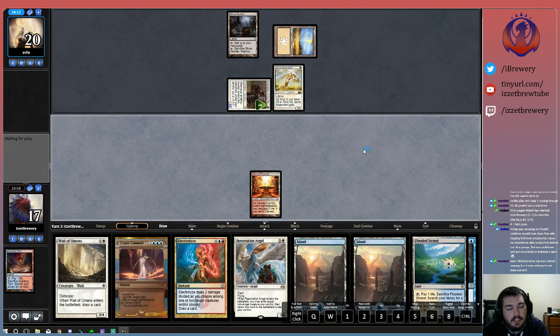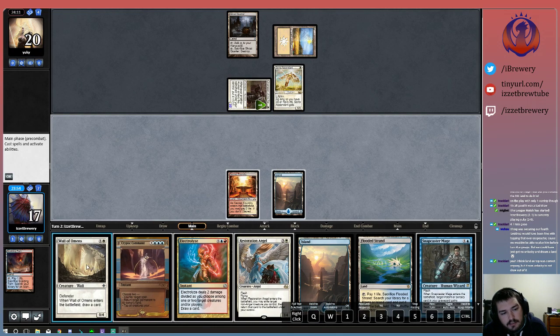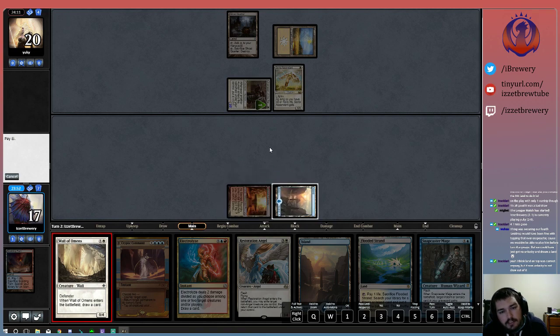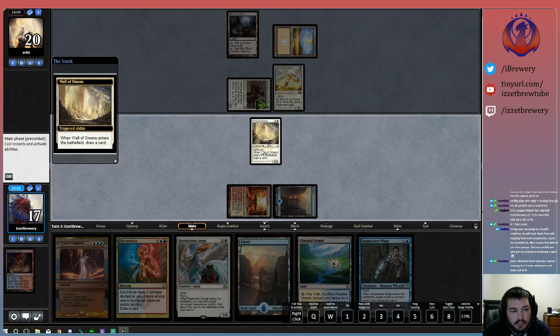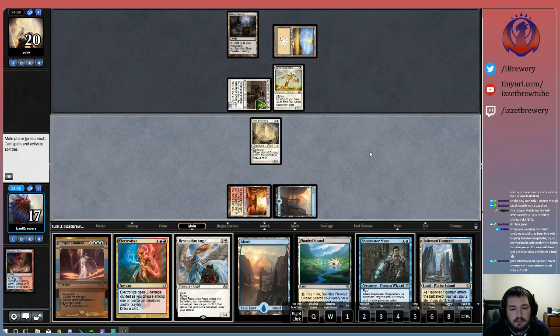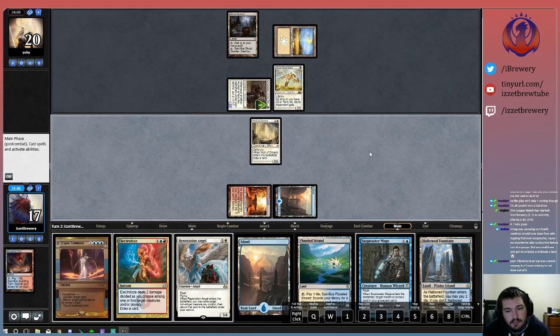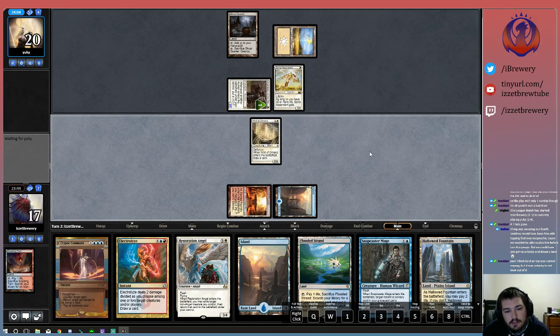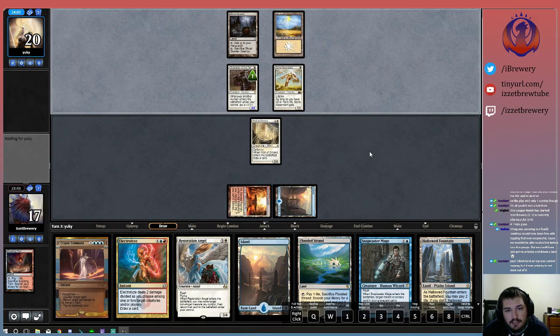We are gonna need a hard removal spell at some point, I think, for this Champion of the Parish. It's probably gonna throw out a hand pretty quickly here. But Electrolyze to clean up, like, Sarah, Ascendant, and other...